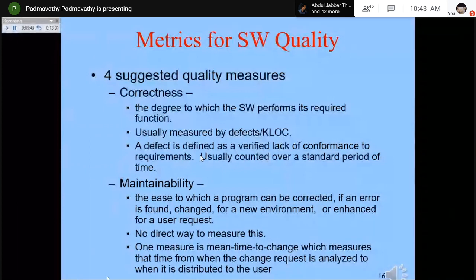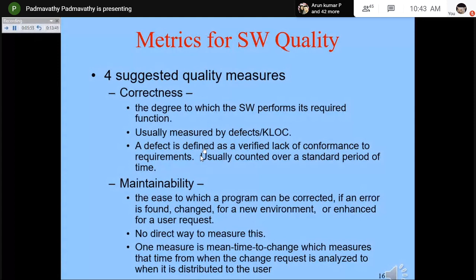So these are the 4 quality measures that act as metrics for the software. We have seen qualitative measures and quantitative measures. Quantitative measures are done for the product as well as the project, whereas the qualitative measures can mostly be done for the process. I think we'll wind up for today's session after taking attendance.